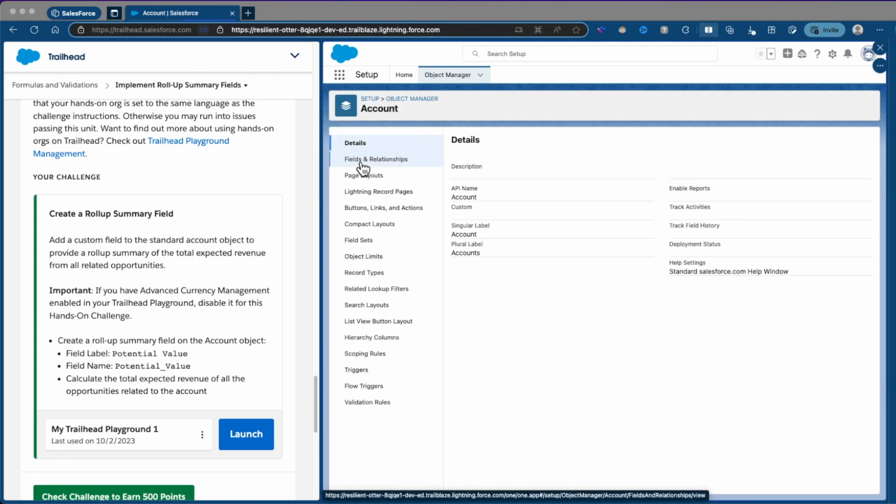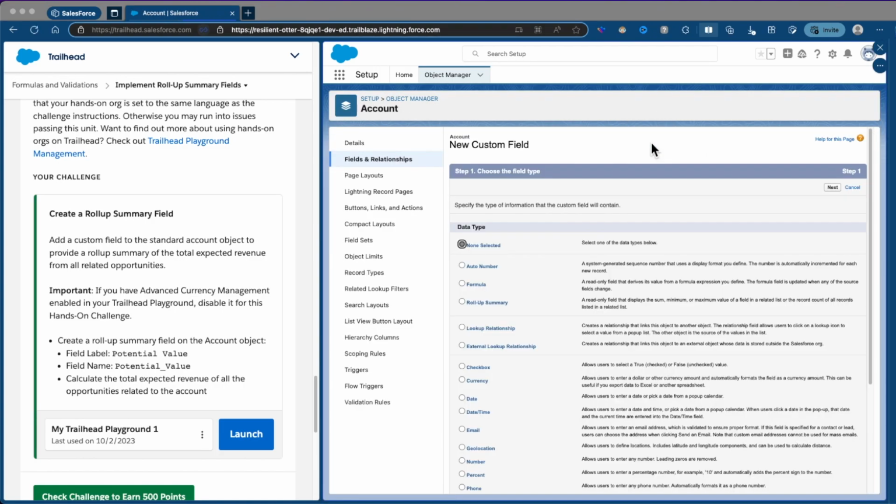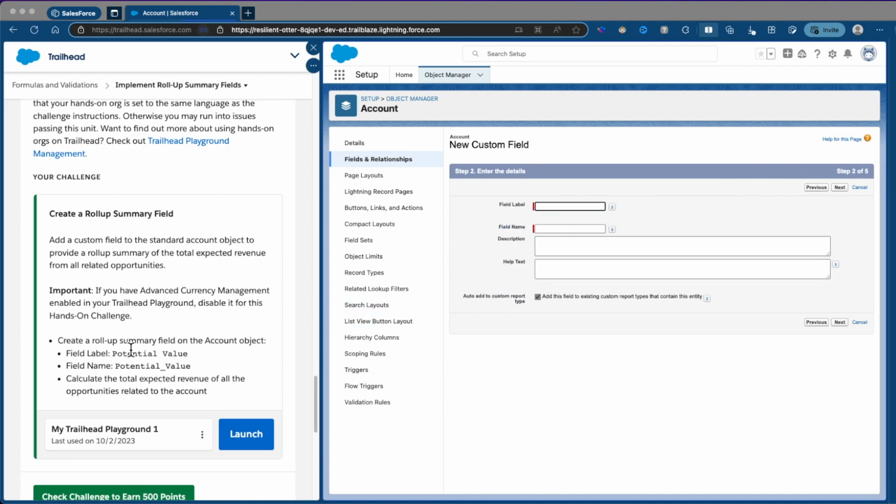Let's go to our object account and then fields and relationships. Click on new field. Here we are going to select roll-up summary and click on next. Let's copy paste our field label, potential value,